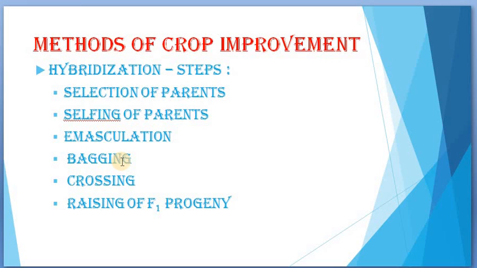And the next one is crossing. This crossing is for cross pollination. First we have done the emasculation procedure, and I said that emasculation has to be done before the stamen gets matured, and then we need to immediately do the bagging technique, and then we have to do the crossing technique. What is the time gap generally between the bagging and crossing technique? It would be nearly 7 to 8 hours, sometimes up to 12 hours.